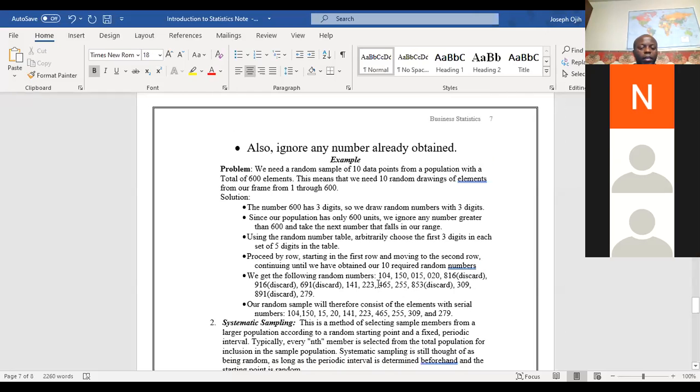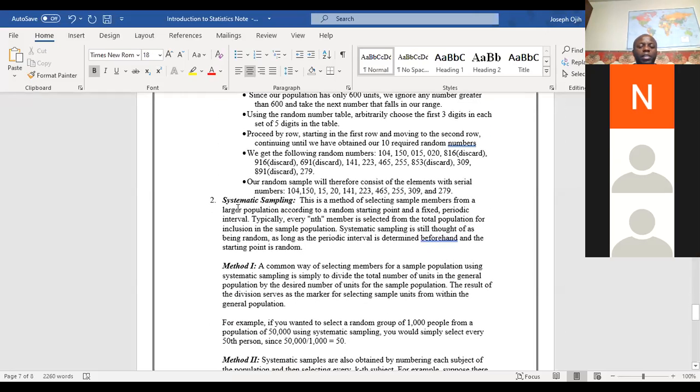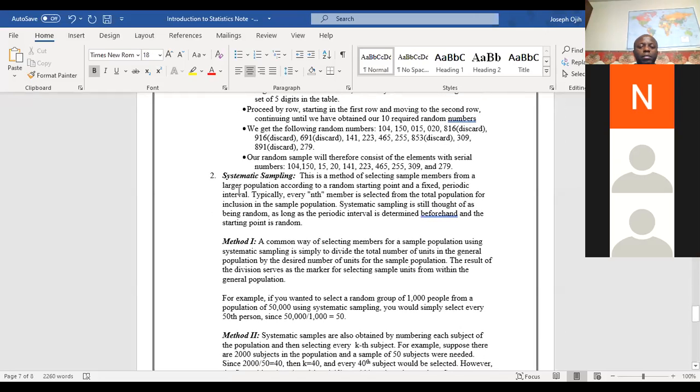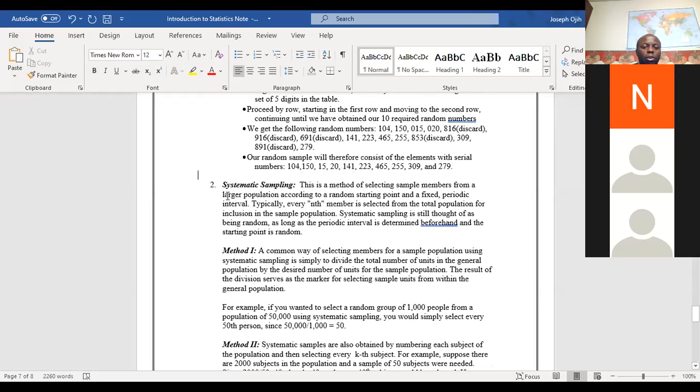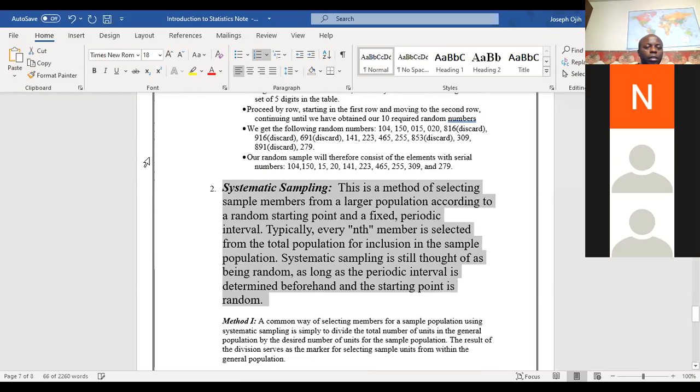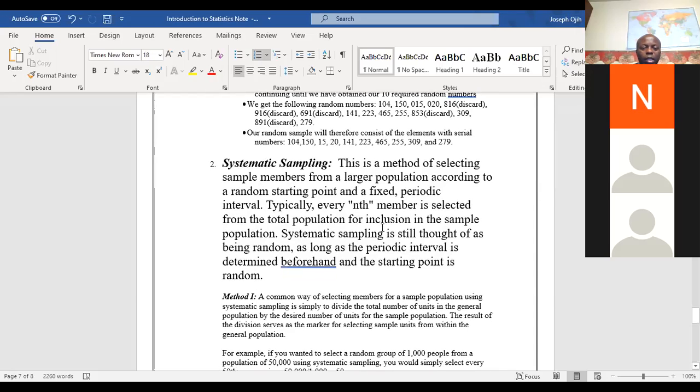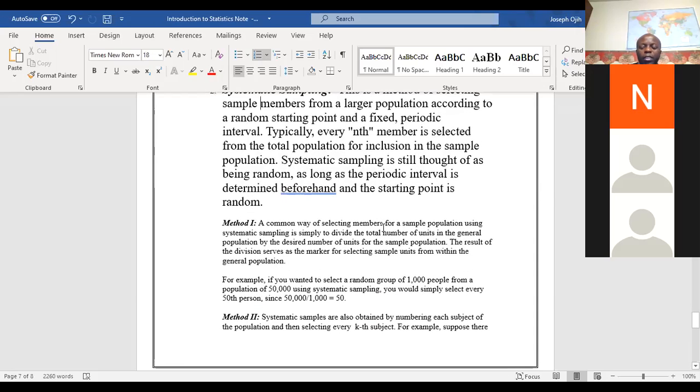No. Yeah, good. Now, another method of sampling is called systematic sampling. In this method, suppose we want to study the number of TVs in a household, and we have, let's say, 1,000 households to study, but we want to select only 20 of them.